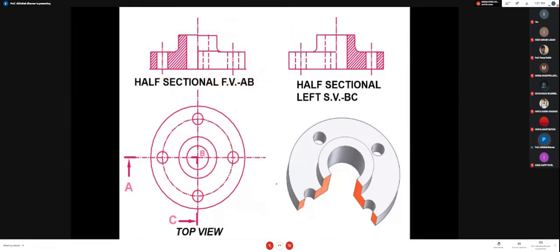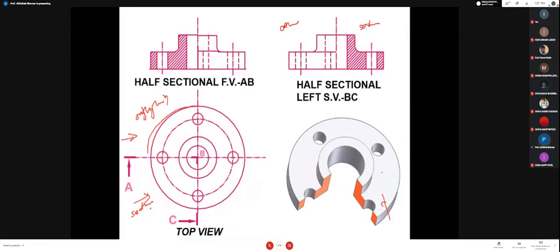If I want to draw my side view, see, in a side view, if I am watching from here, this portion will be drawn as an orthographic, and this portion will be drawn as a sectional orthographic. So see, this portion is visible as a sectional orthographic, and this is just visible as an orthographic projection. So see what I have done. Behind it, a few hidden lines may be there, but I haven't drawn them.